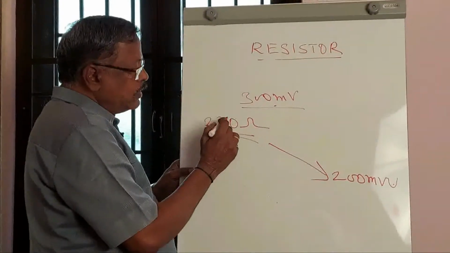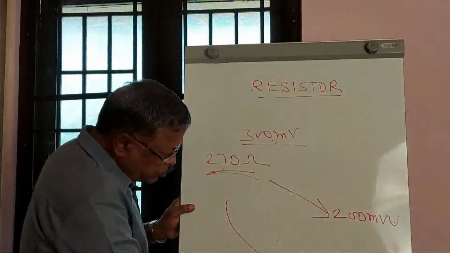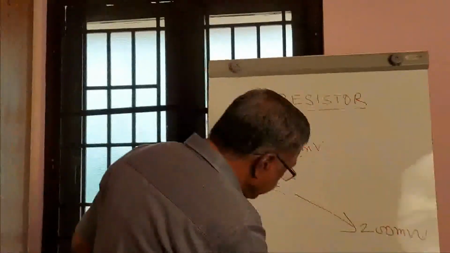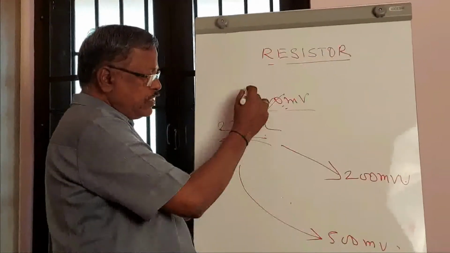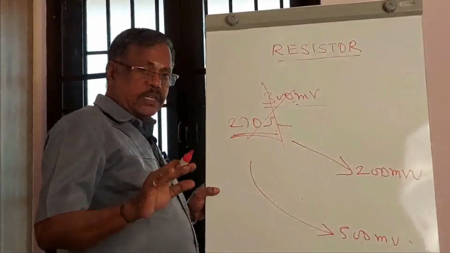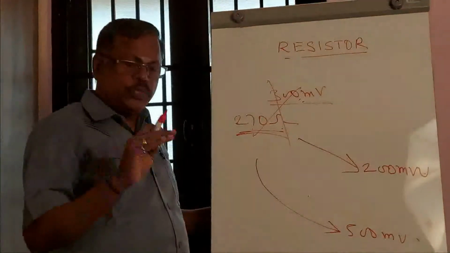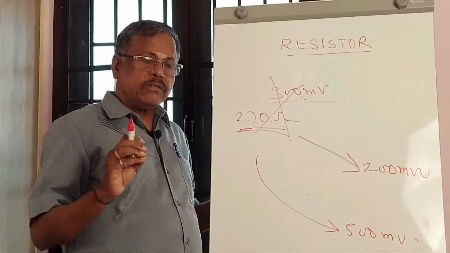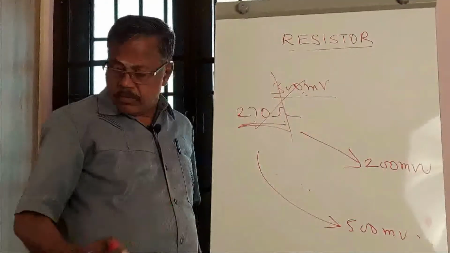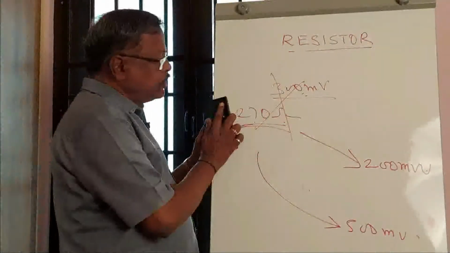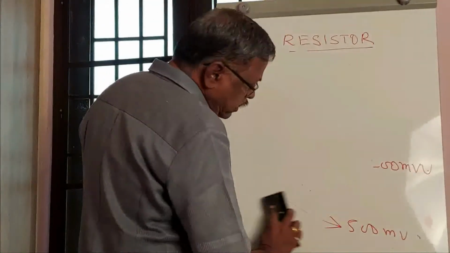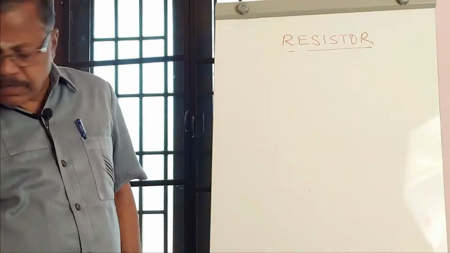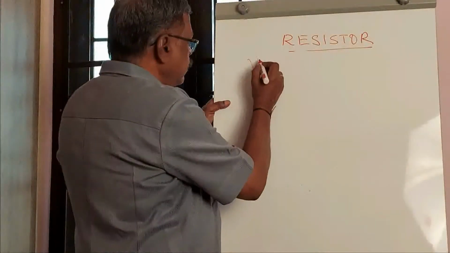But the same 270 ohms 300 milliwatts cannot be used in a place where you need 500 milliwatts. If you use this resistor, it will be destroyed. Therefore, you have to understand that higher wattage resistors can be used in a place where lower power dissipation is occurring. Therefore, it's an important point. Okay. And then moving on to the next one, I have discussed the fixed resistor, and I have to move to another type of resistor which is nothing but a variable resistor.